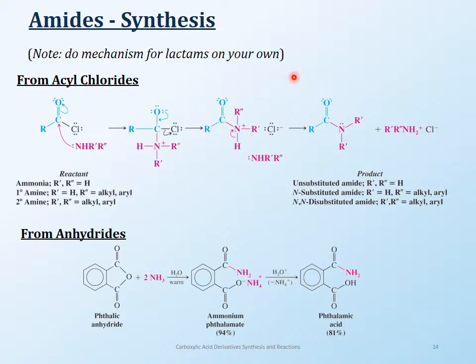Then we get to the next functional group and one of the last ones, and that is the amides. Amides can now be synthesized from all the functional groups above, which means the chlorides, the anhydrides, the esters, all of them, and also from acids. So from acyl chlorides here, this is how you would make the